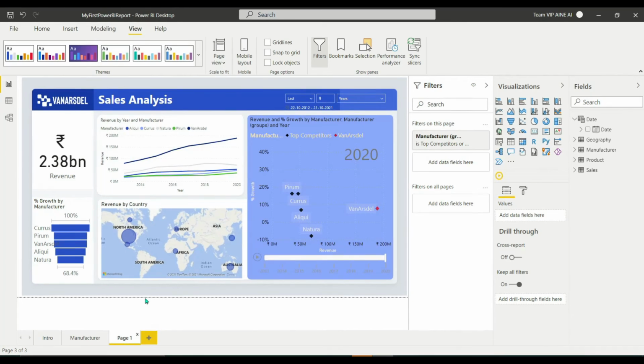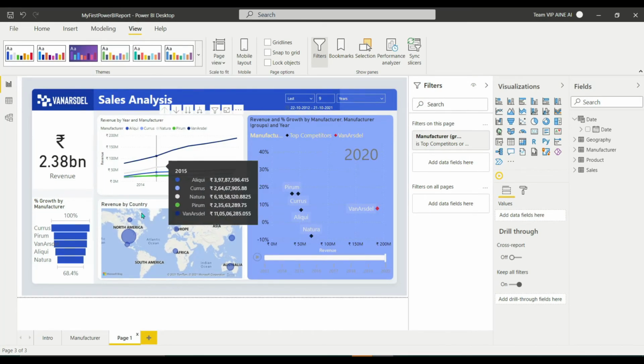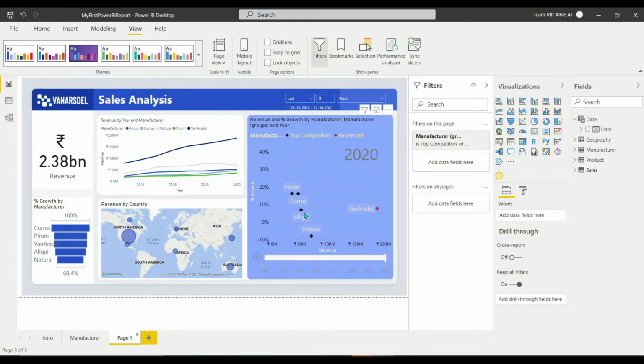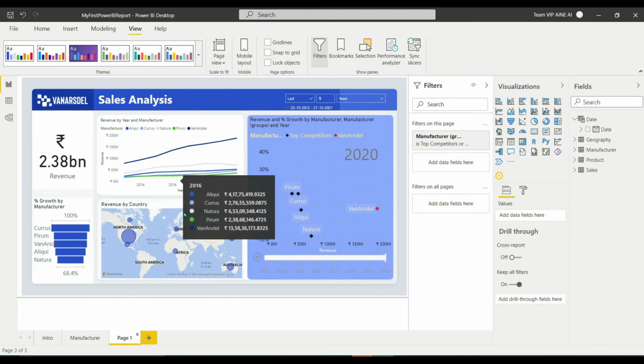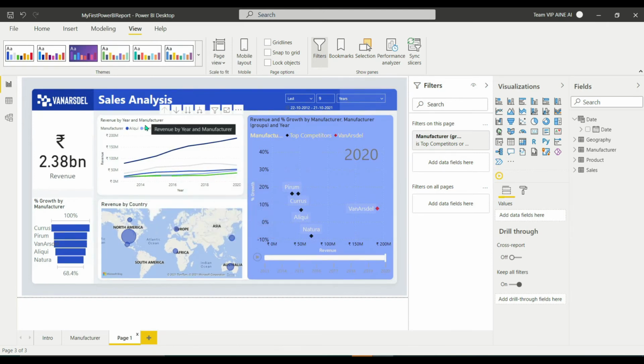Now let's do some more analysis on the sales, how each company has been achieving within its own sales category. This is the card that has been drawn for checking the revenue achieved by each company. This is between the top five competitors, and considering the percentage growth by manufacturer, we can see that Currus has been producing the highest percentage growth.